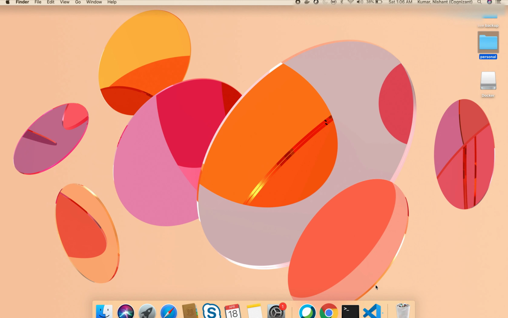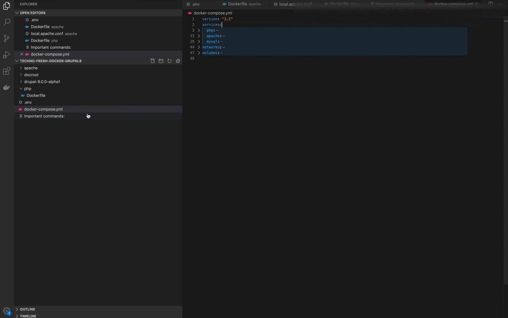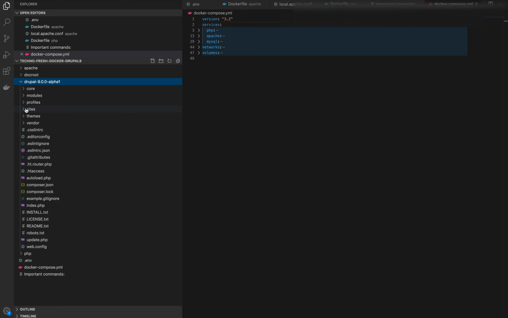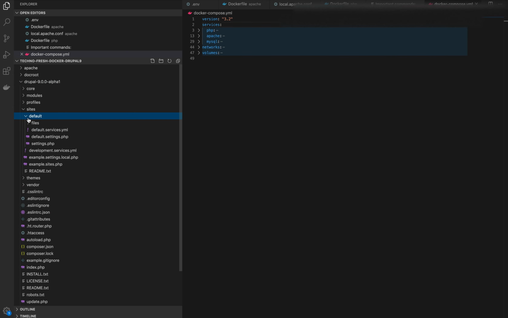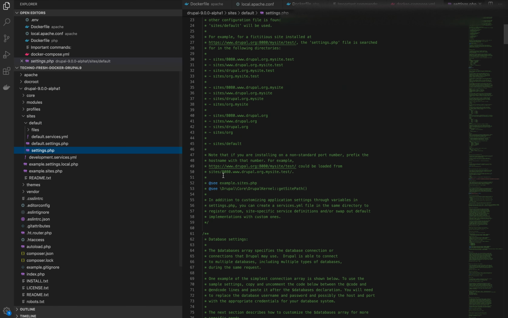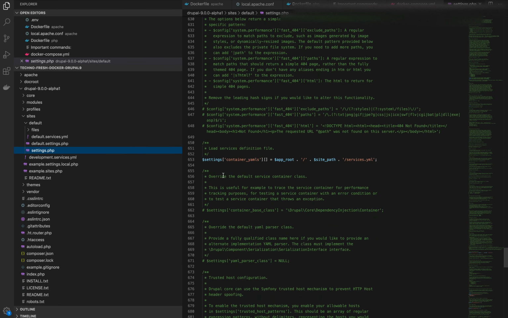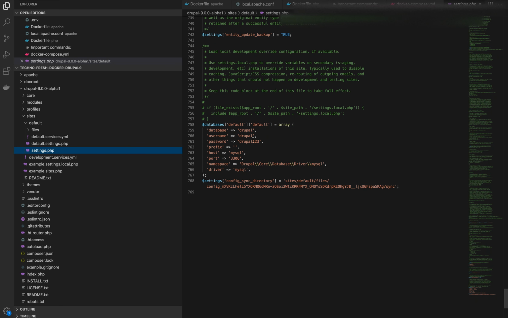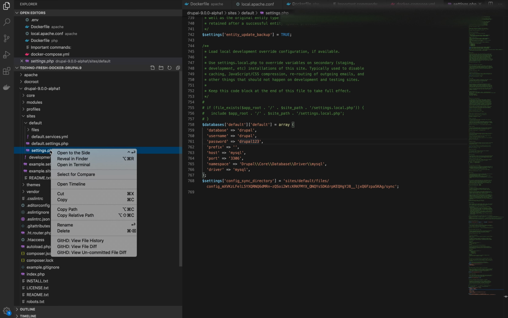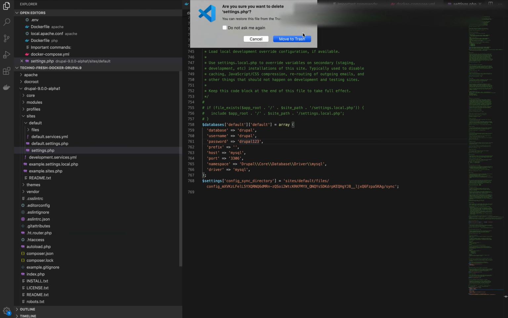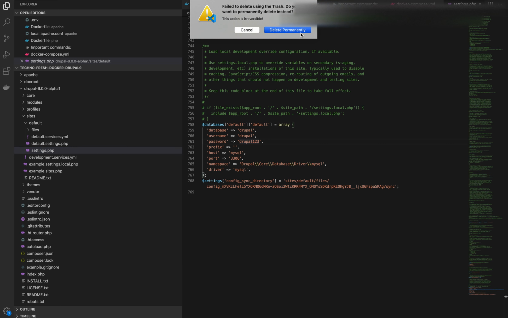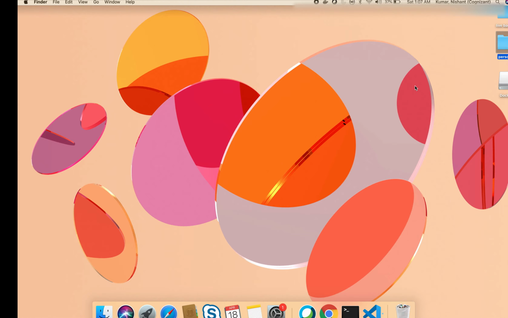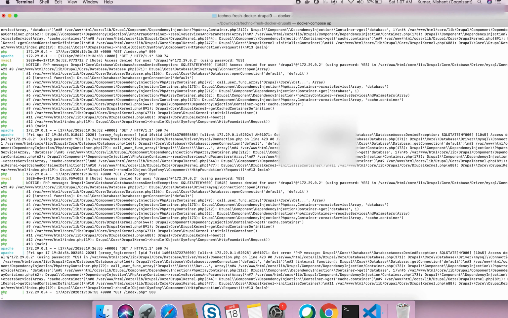Okay, got it. As I said, I've already installed Drupal. That's very good, like if you get a problem, you should face it. See, I've already installed Drupal and this settings.php is already available. So I'll just delete it. Okay, it's not getting deleted. So I need to forcefully delete it. I'll do it for you.